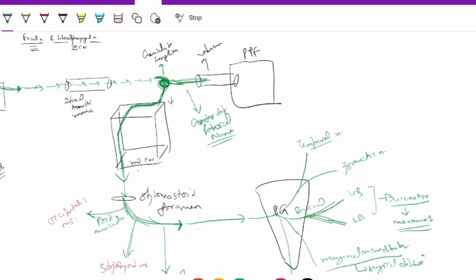So the greater superficial petrosal nerve is the nerve that is responsible for secretion of your lacrimal gland,